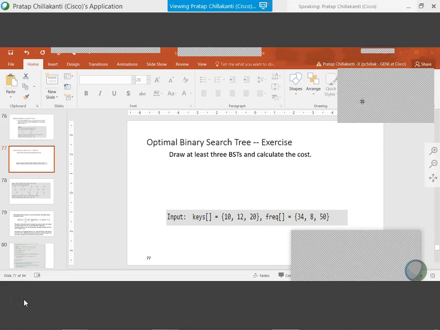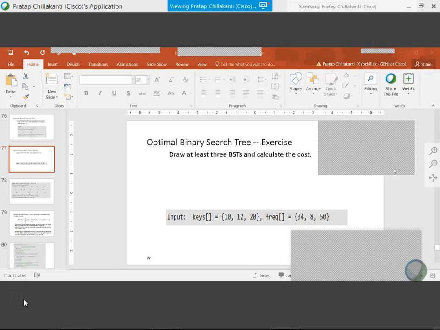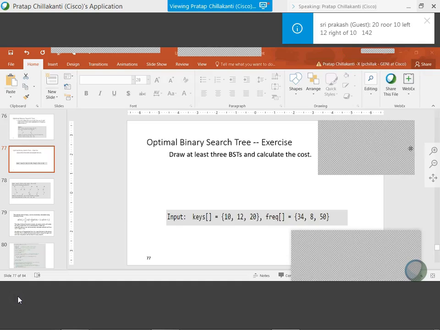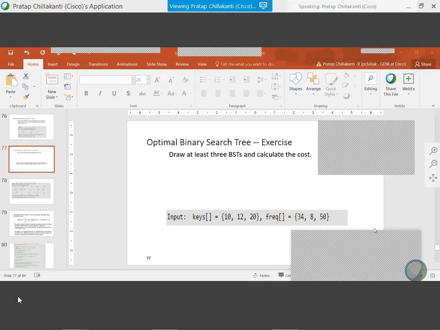So let's play a game here. Come up with the 3 BSTs. 20 root. Okay, there you go. Sri Prakash, good.